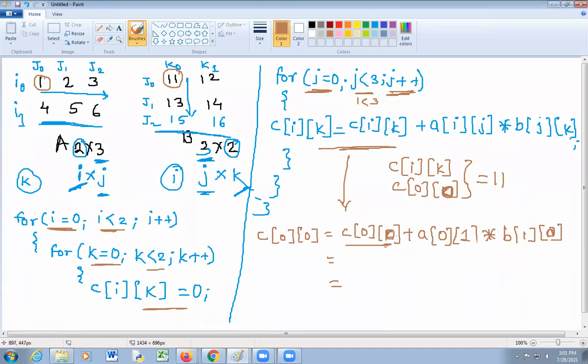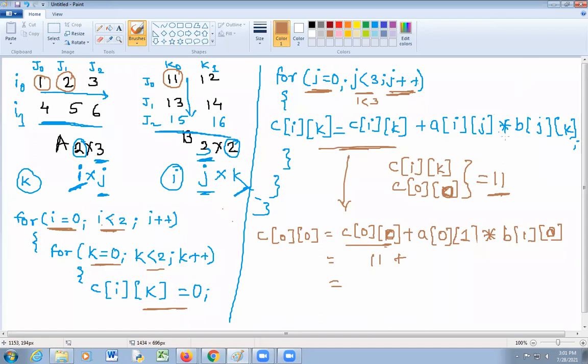So c of 0 0, previous value is 11. So 11 plus a of 0 1, that is value of i is 0, value of j is 1. Now this number, that is 2.